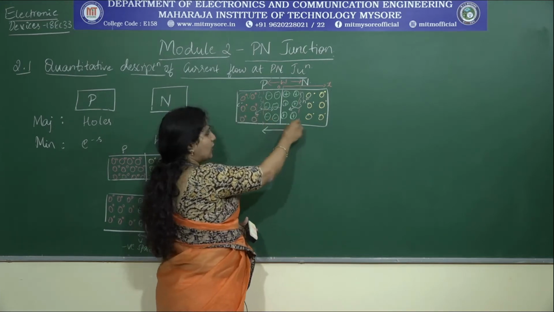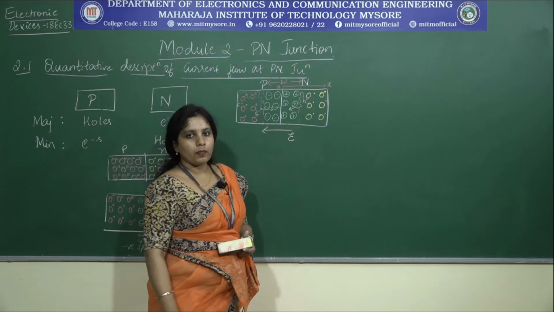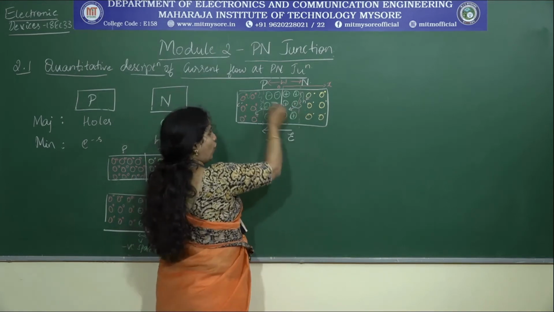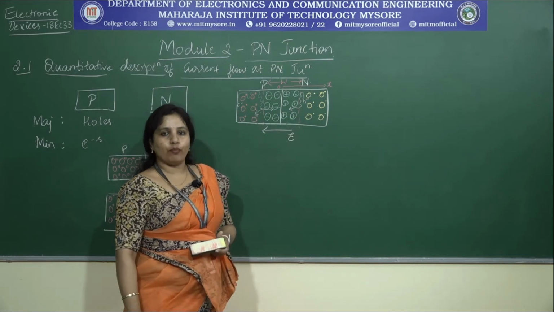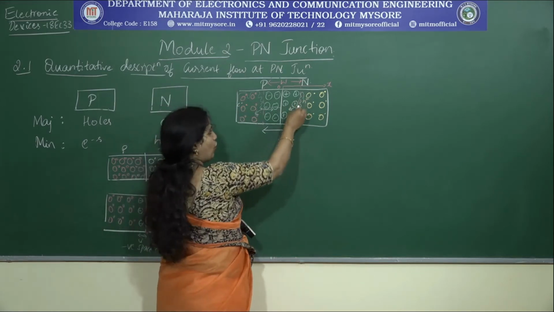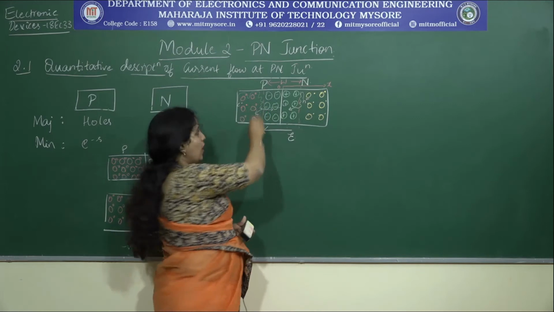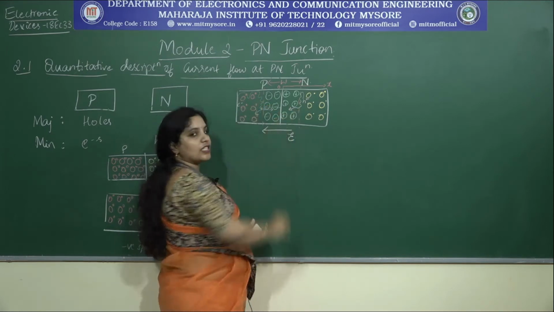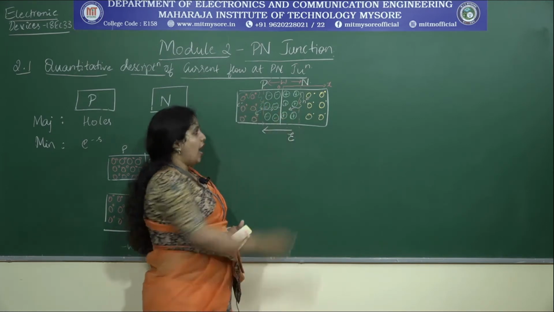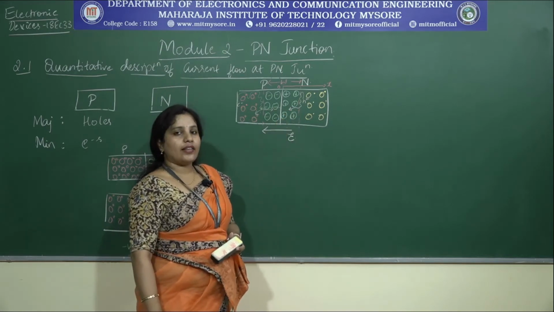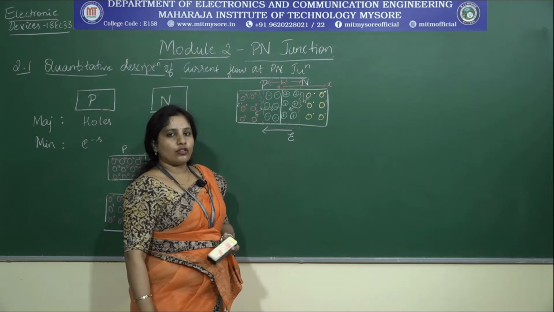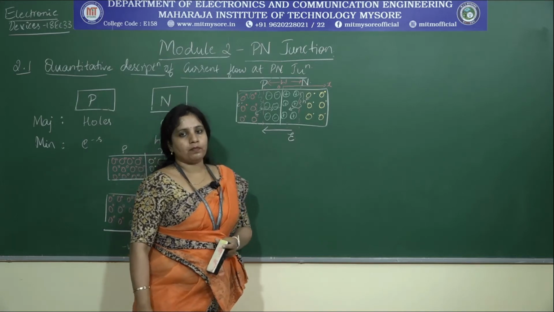electric field which is present in the depletion region. Now that flow which I refer to is what we refer to as drift movement. This is drifting of holes happening in this direction, and drifting of electrons happening in the opposite direction, which together result in a current called drift current, and that is totally opposite to that of the diffusion current.